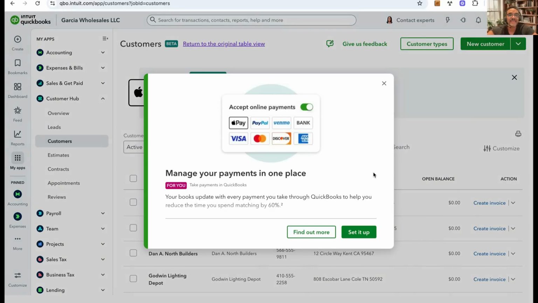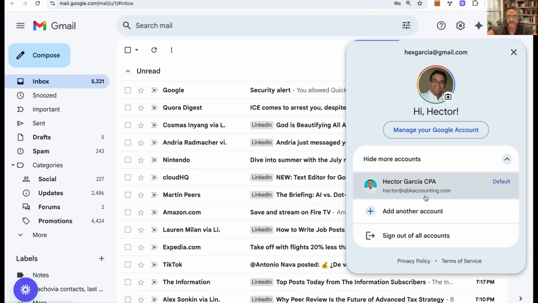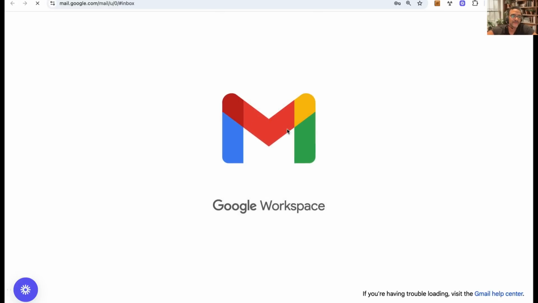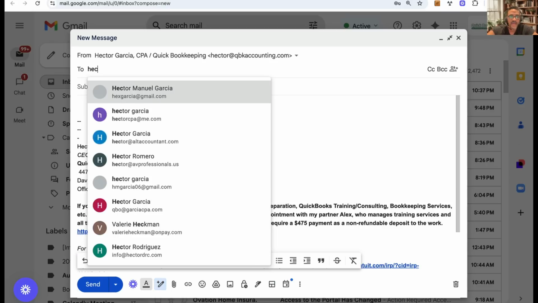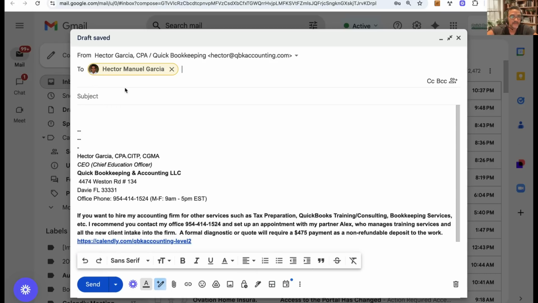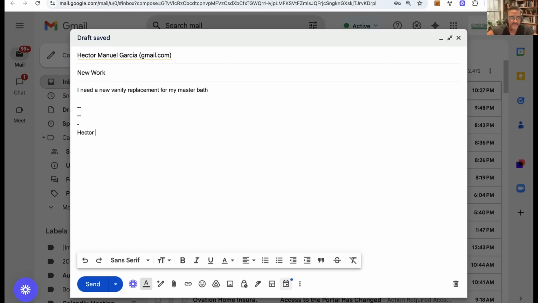Then what I'll do is I'll send an email from my email address. Let's switch over to my email address. I'll send it to the Gmail that I have hooked up to QuickBooks, so you can see how this will work. And I'm going to say new work. I'm going to say I need a new vanity replacement for my master. I'm just going to simplify, kind of emulate an email from a customer,